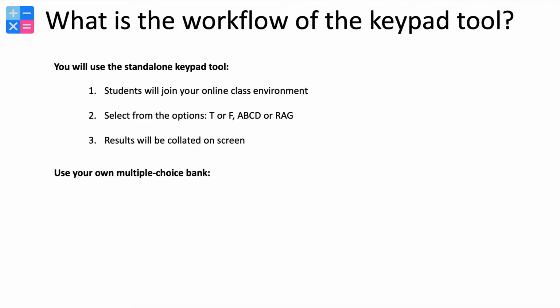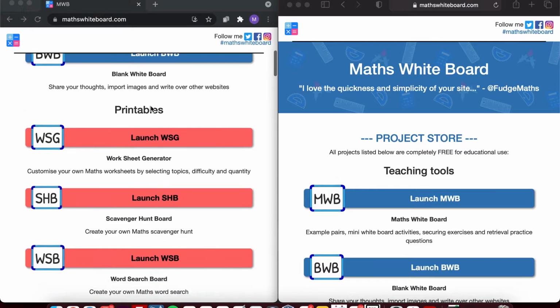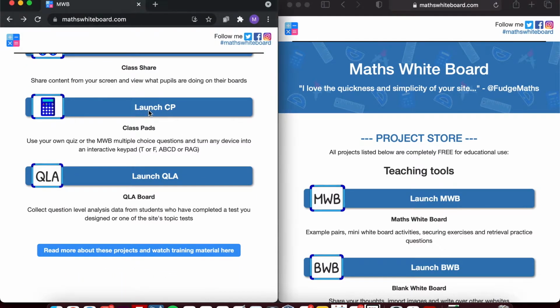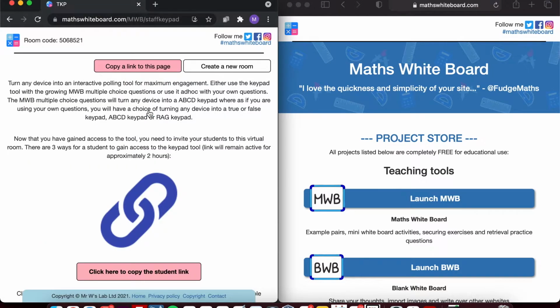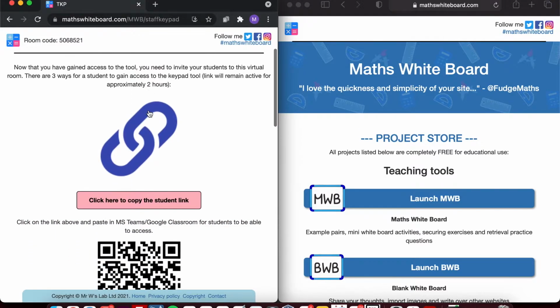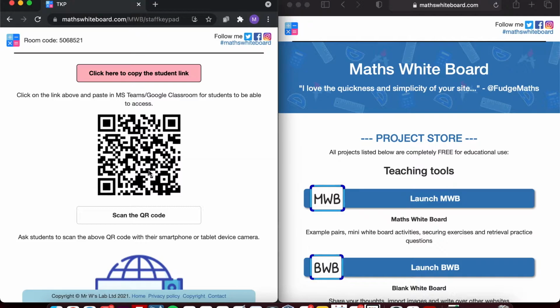So let's see what this looks like in practice. For the purposes of this demonstration, the window on the left is my teacher view, and the one on the right will be a student screen. Scrolling down to the Keypad tool, there are three ways for a student to be able to access this resource. One is through a link, the second is through a QR code that they can scan using their smartphone or tablet device's camera,